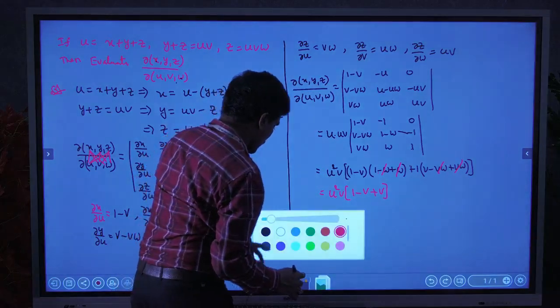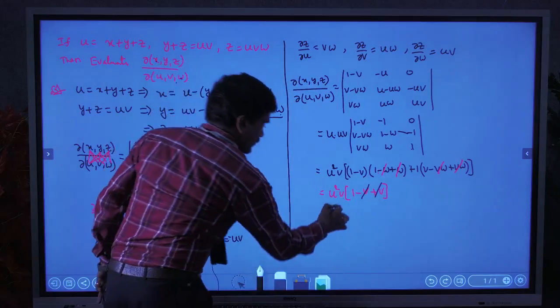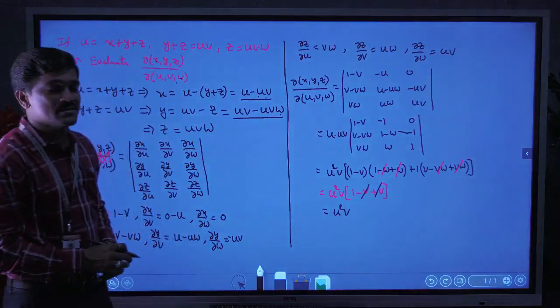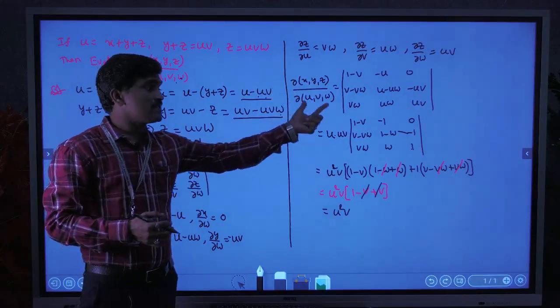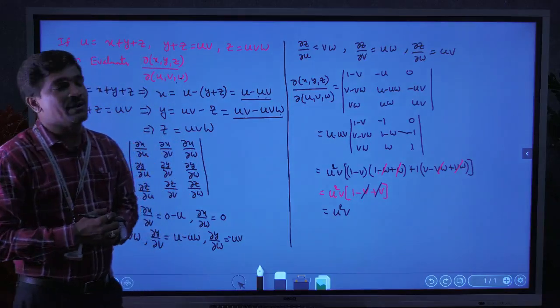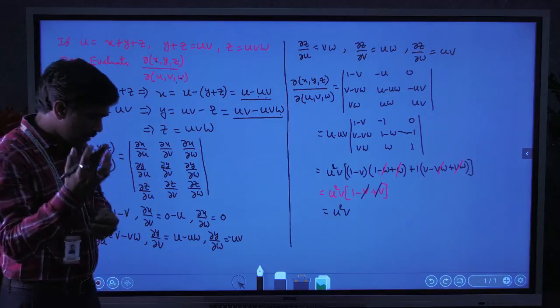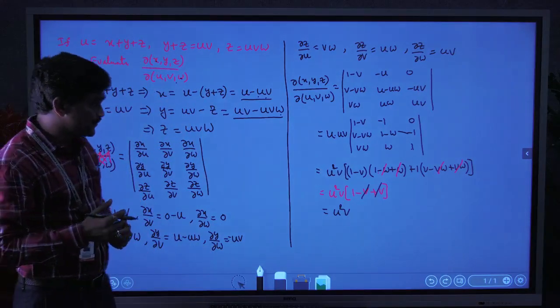Now again we get, so here y v cancel, so then we get u square v. This is the Jacobian of dou xyz with respect to uvw. This is one example for Jacobian. Next, again we take another example for finding